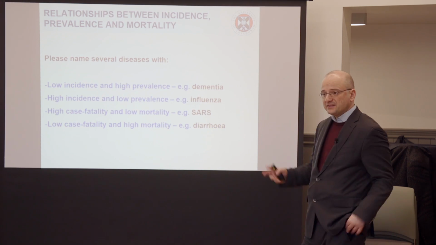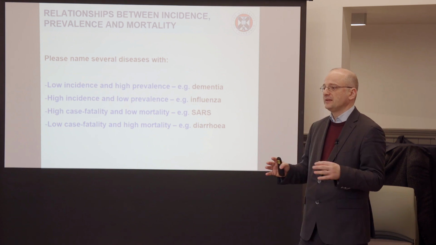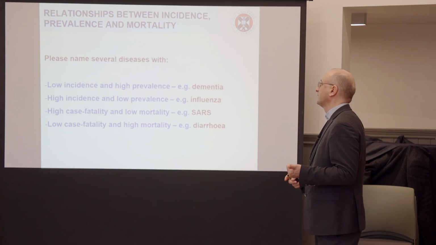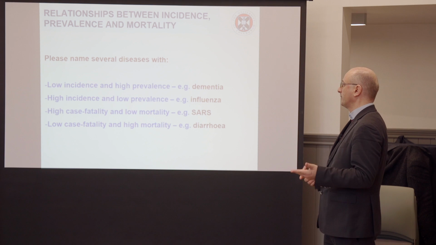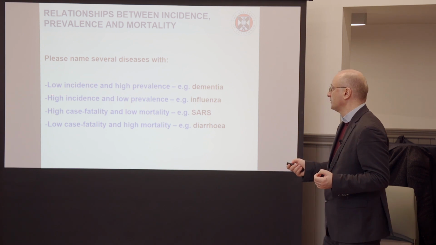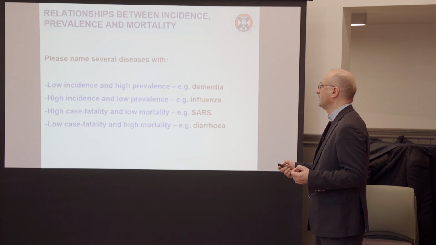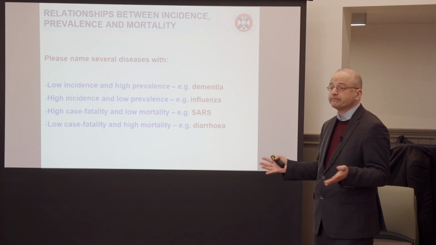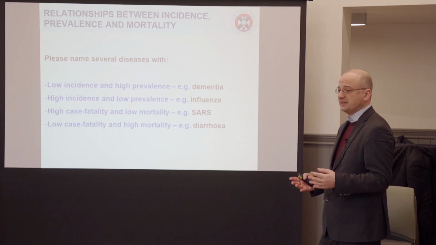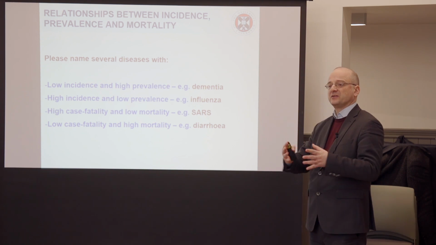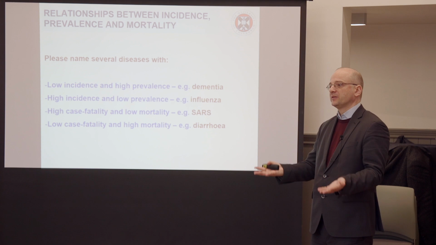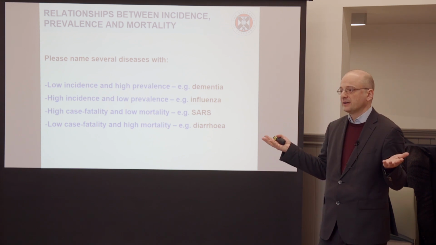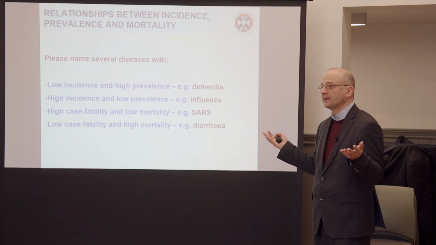Now, let's try to think about the relationship between these three things. You have incidence, you have mortality, and you have prevalence. So let's think about a disease which has a low incidence and high prevalence. If you're looking at dementia, dementia is such a disease because you contract it and then you carry it for a very long time, so the prevalence can build up in older age groups to 30% perhaps in very old